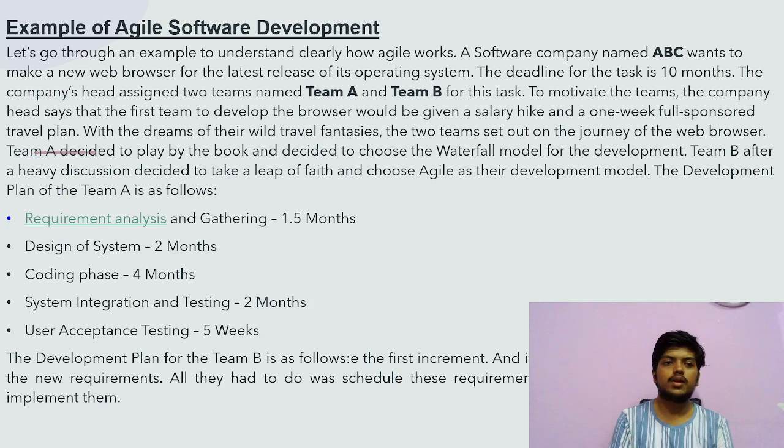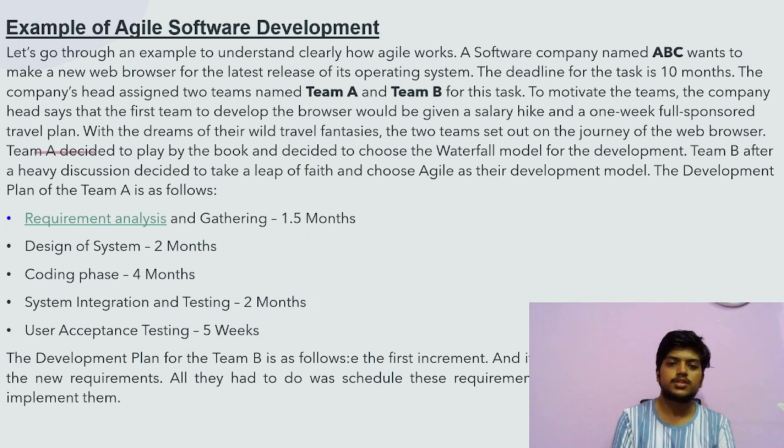Examples of agile software development. Let's go through an example to understand clearly how agile works. A software company named ABC wants to make a new browser for the latest release of its operating system. The deadline for the task is 10 months. The company's head assigned